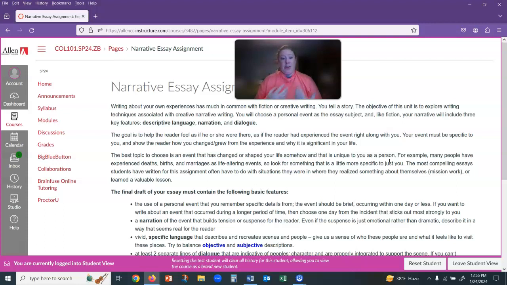So I usually give the example of when I was in college, I chose to study abroad in Germany, and that was a pretty life-altering event for me. And it was obviously, I was there for like 7 or 8 months, something like that. And so it was a long time period. I don't want to write about the entire experience because that would take a very long time. But there are a few incidents that happened during my trip that I would choose, particularly just getting there